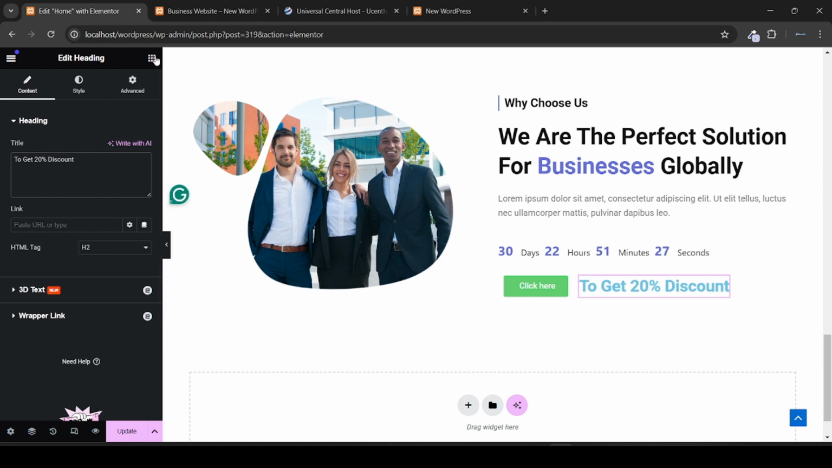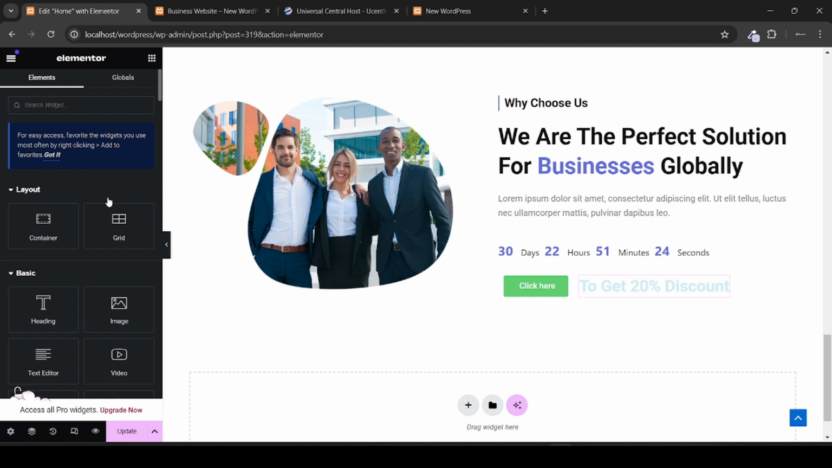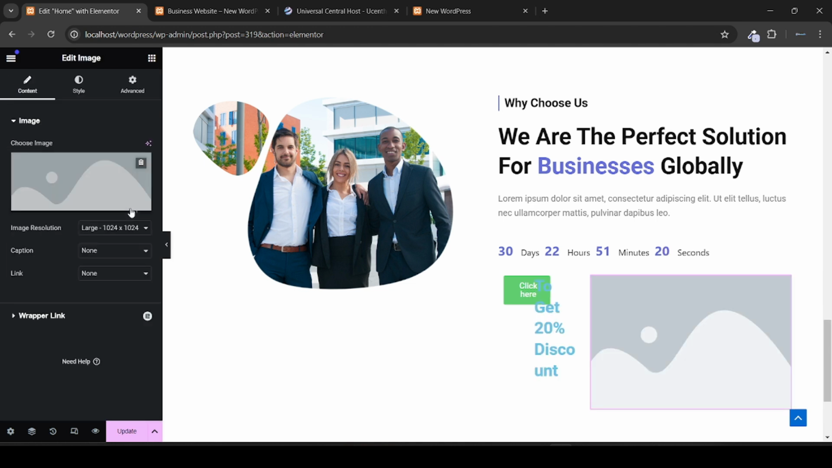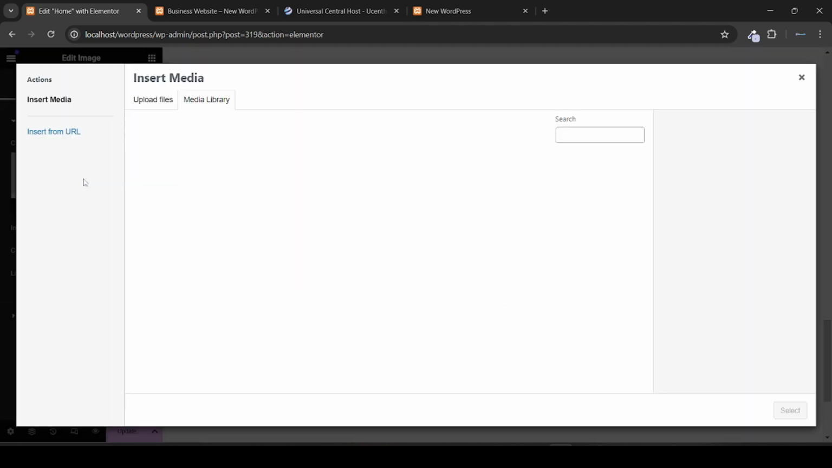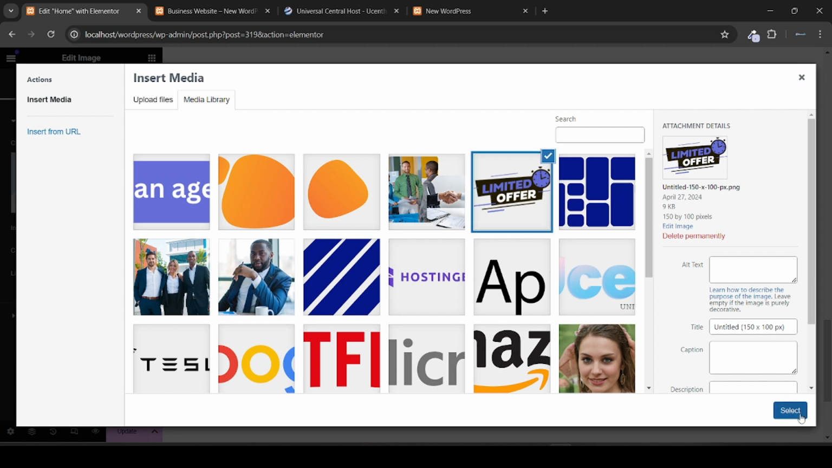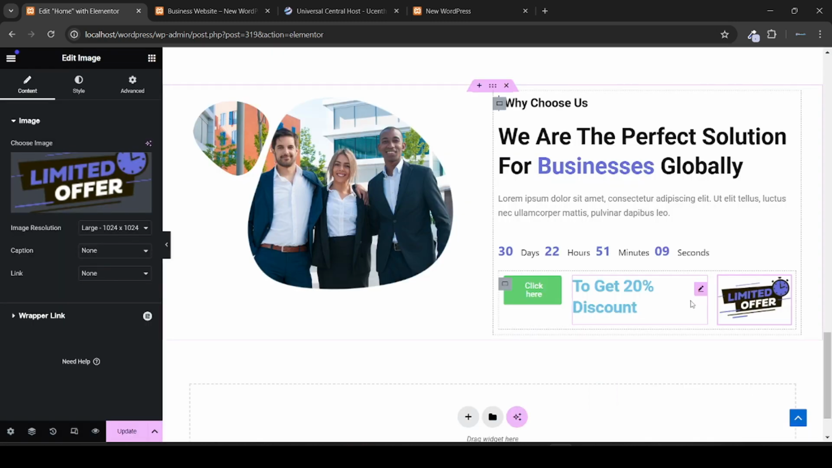Then another thing to do is to add an image beside it. So to add an image, you just click on the image, it will be added beside it. Then you click the image to select the limited offer image. Then when you get it selected,